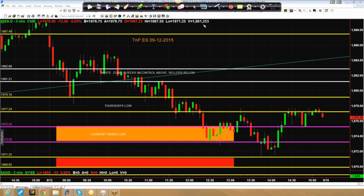So the basic concept here on the zones is that we take the first move into the zone, rotate back up, and then out of the zone, and the objective is to attain 2 points. All you need is 1 or 2 trades a day to get 2 points apiece in order to make your profit. The objective is, when we're in tight, meaning relatively close to the open, if it takes more than 20 or 25 minutes to make that happen,